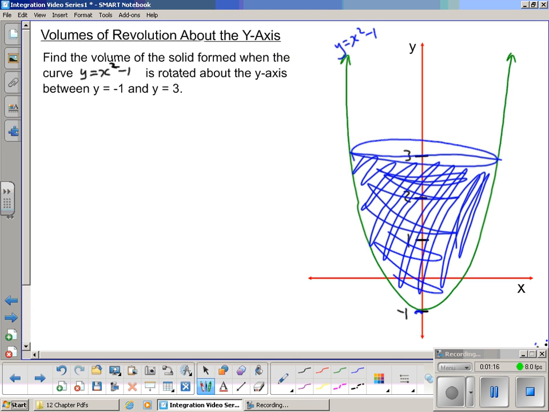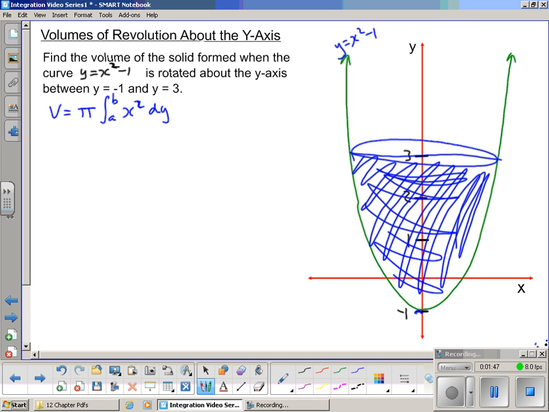Okay, we have a formula that we can use. And so let's have a look. The volume equals, for this one, rotated around the y-axis this time, it's a little different to the one we saw in the previous example. It's still got pi in it. We're still going to integrate between two y values this time, b and a. And we have to get the expression in terms of x squared to use this formula, and it'll be dy